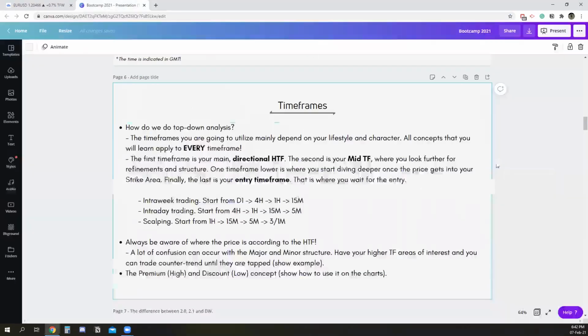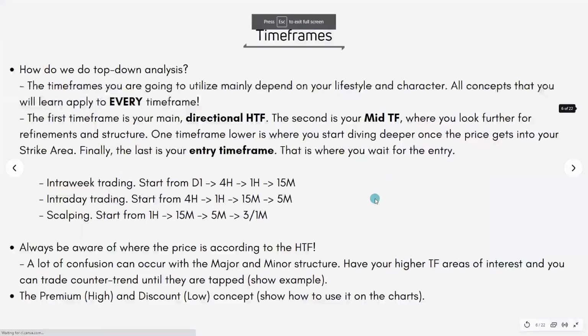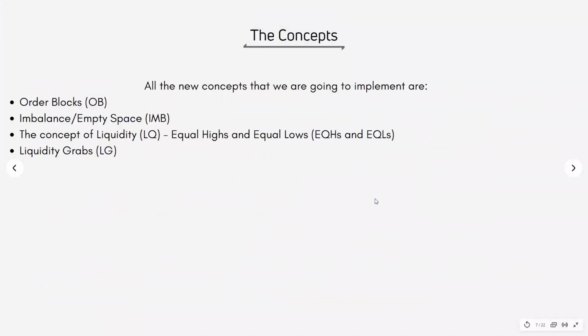All right. Let's have a look at what we have next. I think we're getting into the good stuff right now, order blocks. All right, the concepts that we're going to implement are, again, order blocks. You have already learned about them, but right now I'm going to show you a little bit more on how to make them more precise, because sometimes an OB can be too big. It can be kind of invalid. Maybe it can have a lot of differences. So I'm going to try to really tell you how to eliminate all the wrong OBs.